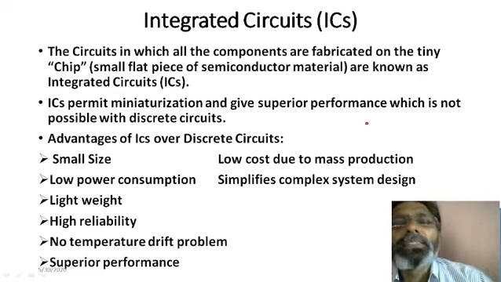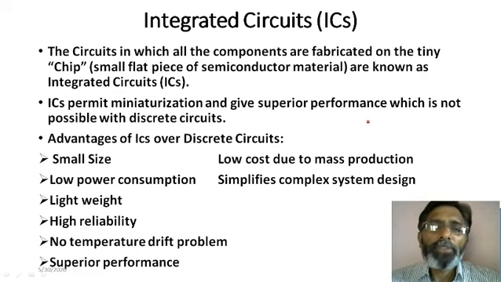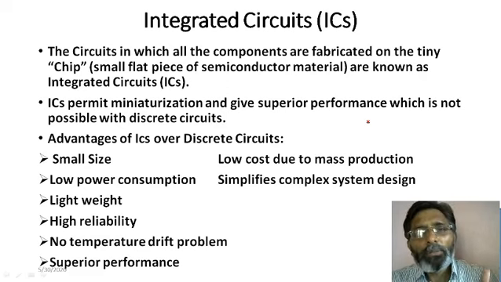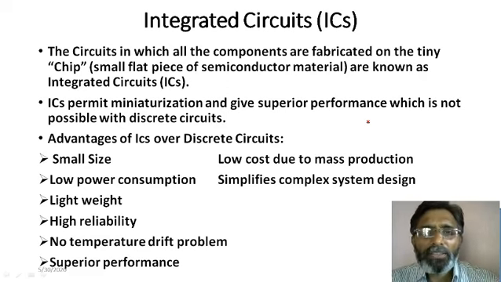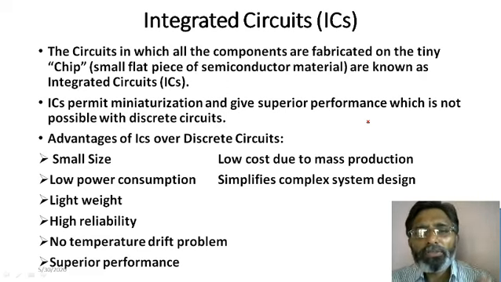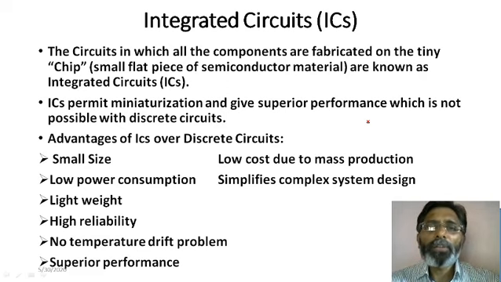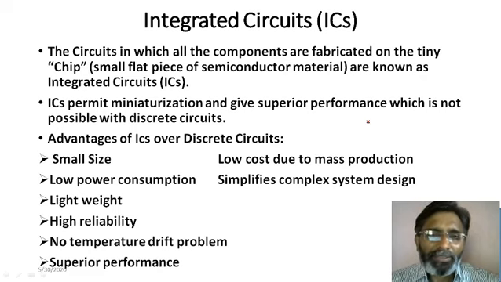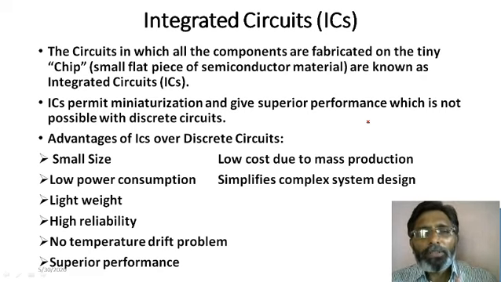Next, how to implement this block diagram? We have seen, for example, in the block diagram, the first is the input stage. In that input stage we again have multiple stages to get the high gain, but the first stage is a dual input balanced output differential amplifier, and to implement this we require two transistors, three resistors, and plus VCC and minus VEE supply. So this is for one stage. If you have multiple stages, every stage will require similar components.